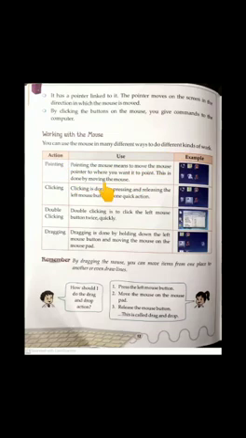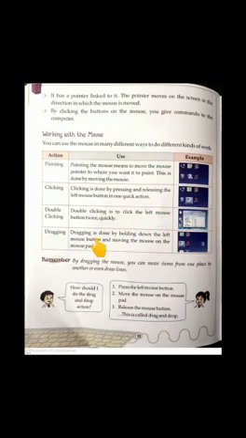If we move the mouse, then the pointer will be moved. Next one is clicking. Clicking is done by pressing and releasing the left mouse button in one quick action. Double clicking. Double clicking means 2 times. Double. 1, 2. Double clicking is to click the left mouse button twice quickly.